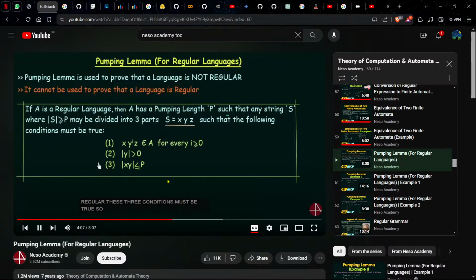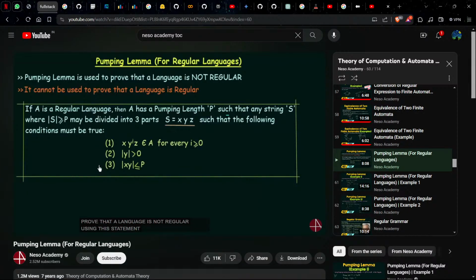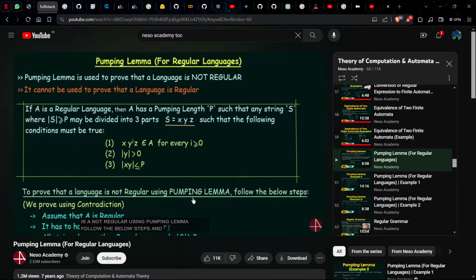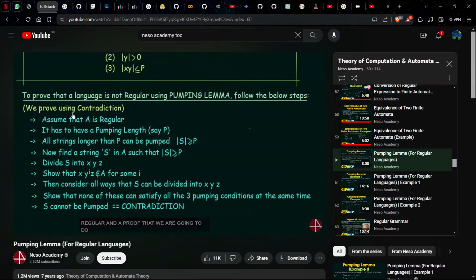So for the language to be regular, these three conditions must be true. This is what we get from the pumping lemma. And how are we going to prove that the language is not regular using this statement? To prove that the language is not regular using the pumping lemma, follow the below steps. These are the steps that we are going to follow in order to prove that the language is not regular, and the proof that we are going to do is using contradiction. Okay, so first of all, let's say that we have